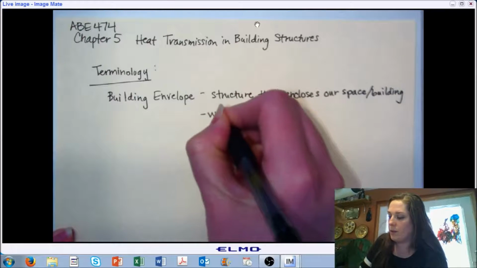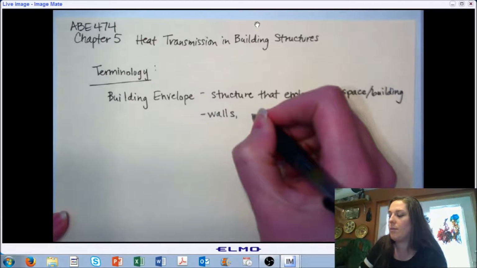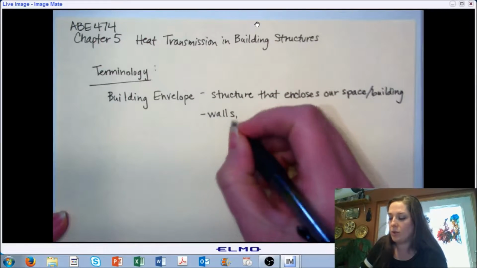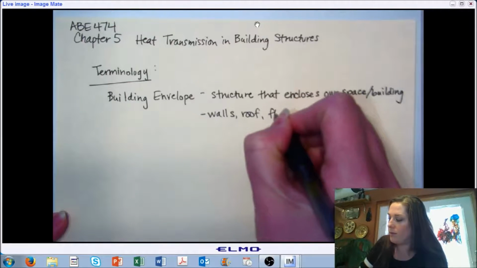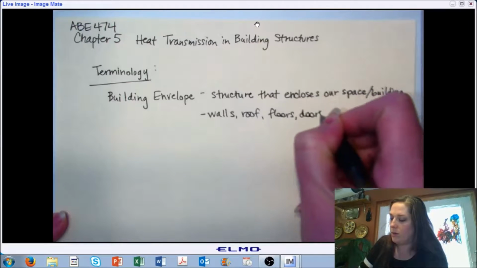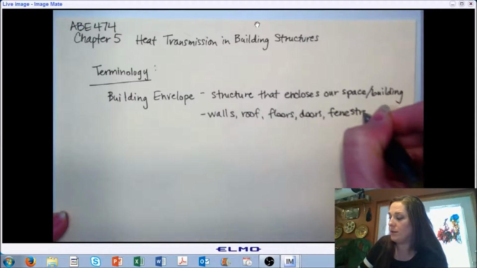It's going to include anything that is composing the outer structure of the building. So walls, roof, floors, doors, and then another word you need to learn is fenestration,